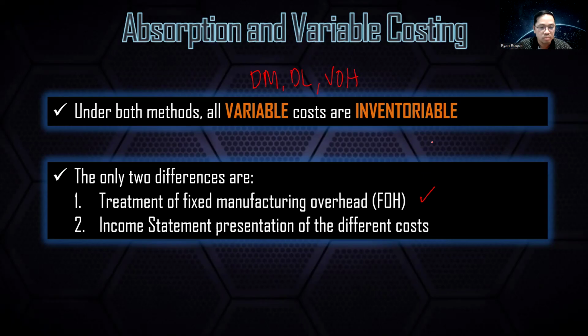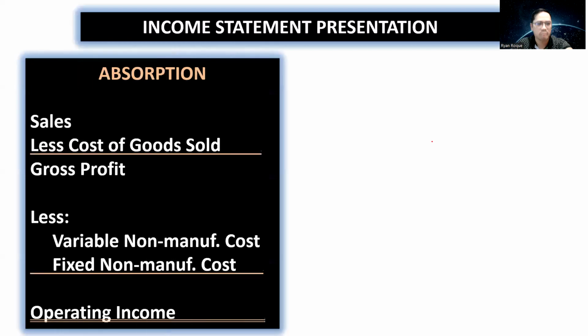Okay. So number two, there is also a difference in the income statement preparation of the different costs. Okay, so let's recall that for absorption costing method, we normally prepare our income statement using this format, wherein we have our sales, and then we deduct all the cost of goods sold, so we will arrive with our gross profit. And then after that, we deduct the operating expenses that include variable non-manufacturing costs and fixed non-manufacturing costs, or variable OPEX and fixed OPEX,